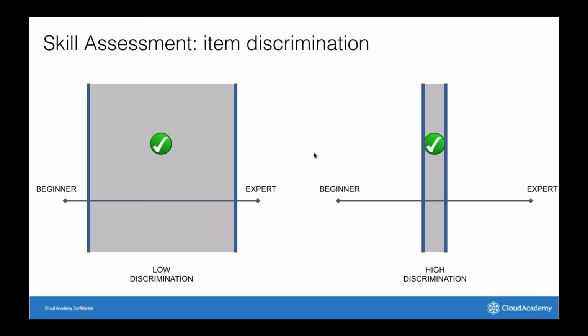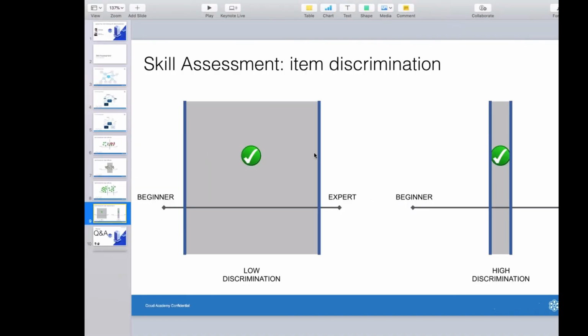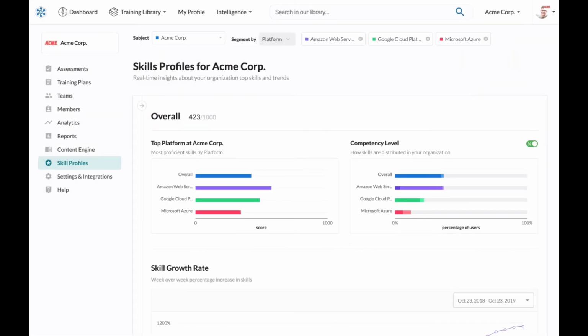Okay, so now I'd like to show you an enterprise feature for our enterprise customers. So far we talked about the skills of the single user, where you can track your score and your skills growing while studying. But if you are part of a company, the manager of the company can have visibility into the skills of their company. And I'm showing you the management dashboard at the skill profiles tab.